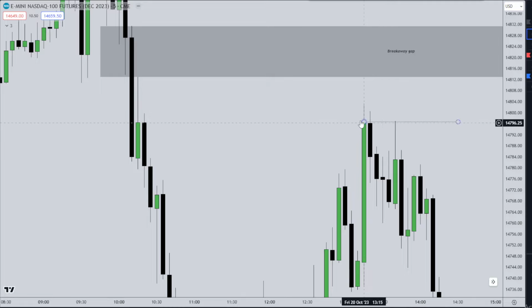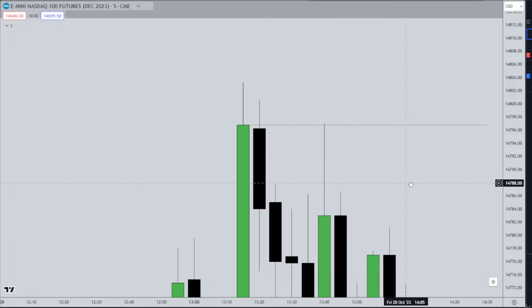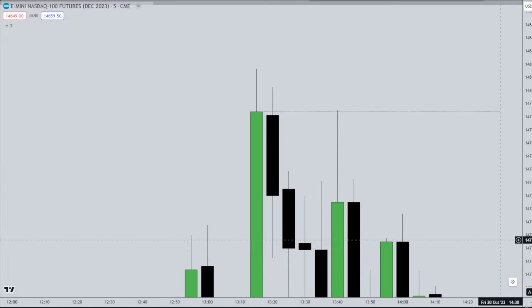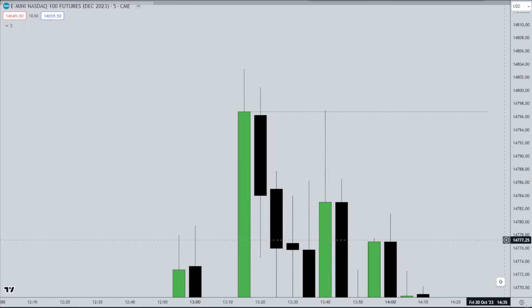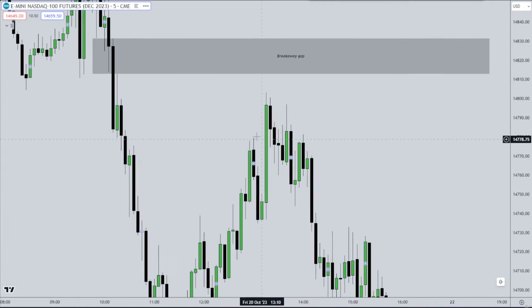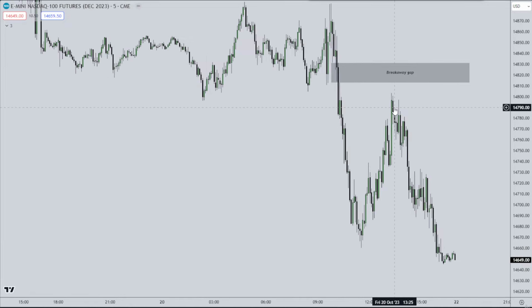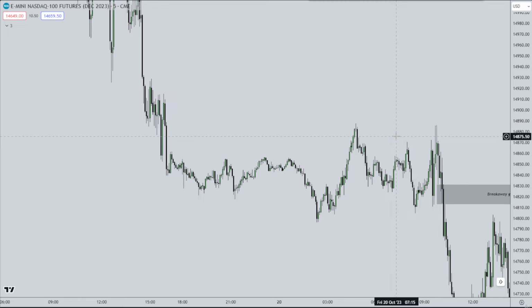Turtle soup, boom, reject, displace. On the 1 minute, displace, hit this 5 minute rejection block perfectly, within one tick. So that was another turtle soup, right? Like literally, I can't even really explain it that much, but